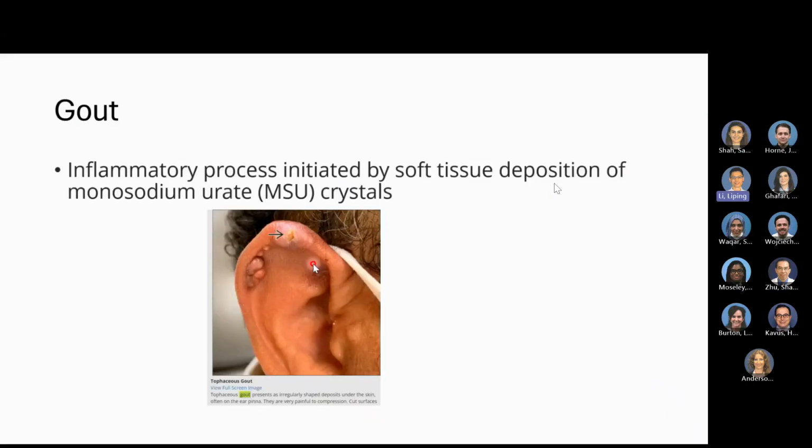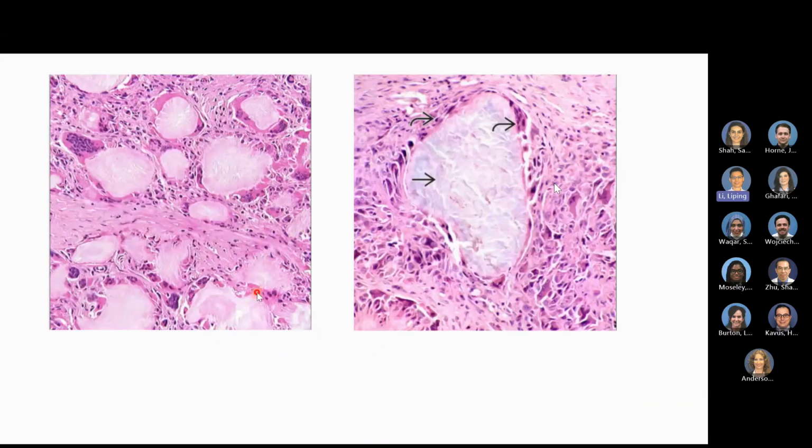Okay, next one is gout. It's also really common to see gout. This is monosodium urate crystal deposition in the auricle, and another common area is the finger. The microscopic feature is really easy. We can see this needle-shaped